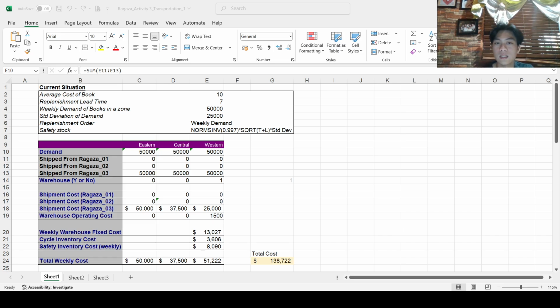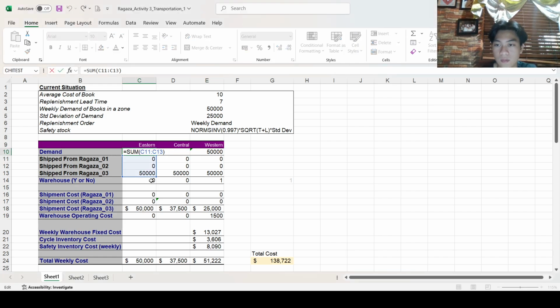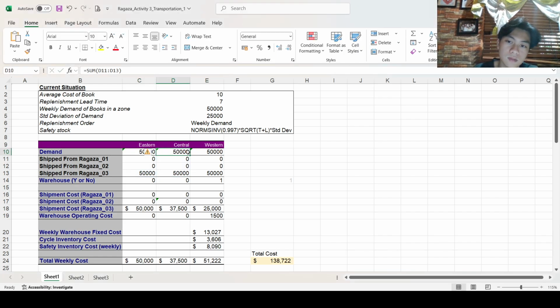Now there are 3 warehouse locations in different specific regions, located in the eastern, central, and then the western part. Each of their own demand is set to 50,000, from the total of all costs from the shipping to the 3 regions, and the sum of all ship demand from each of their regions.